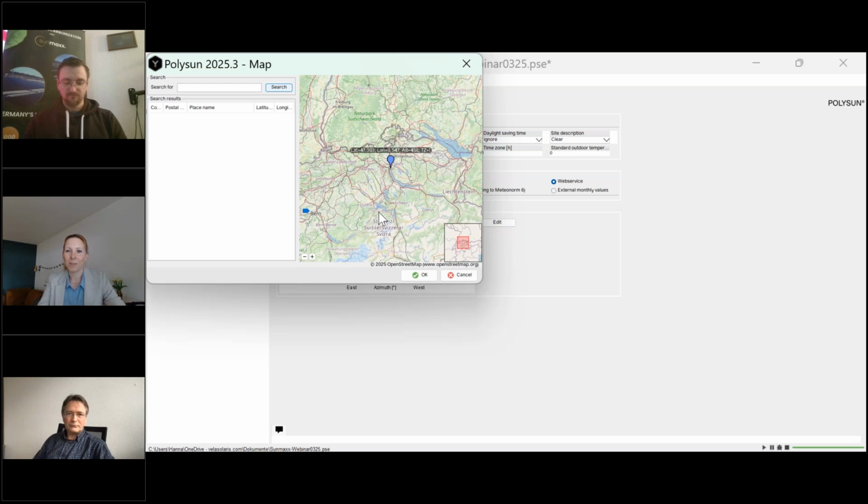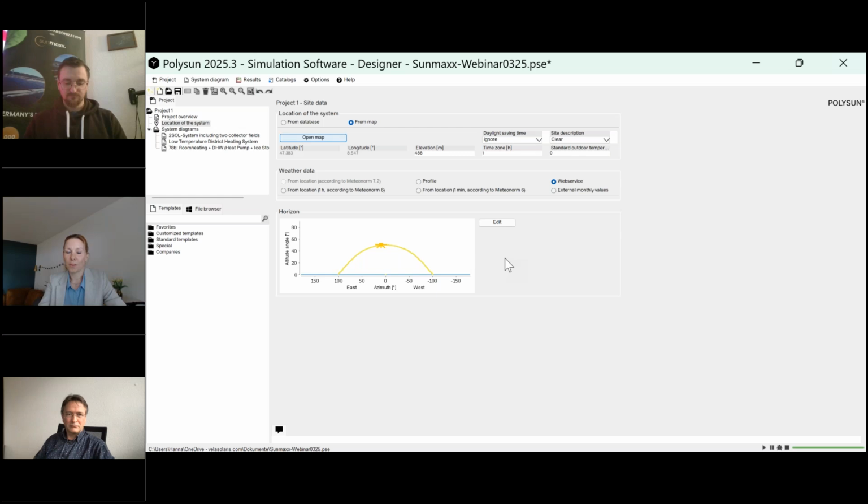And you can really also zoom into the street or the roof that you want to plan. So that gives you a high accuracy for the weather data, for the outdoor temperature data, but also for the global irradiation data and the horizon, which is especially important if you plan a system in a hilly area, or if you have mountains around, or other objects like huge buildings that can throw shadows on your plant.